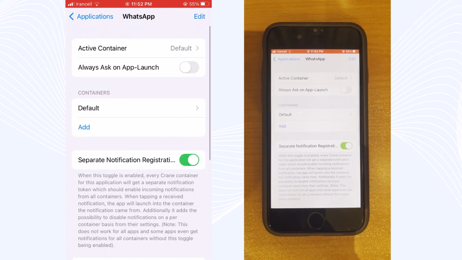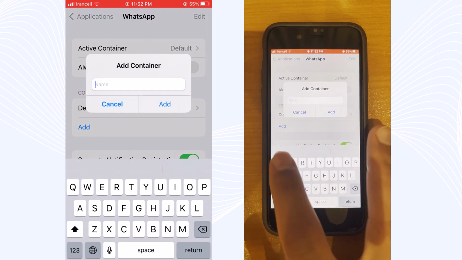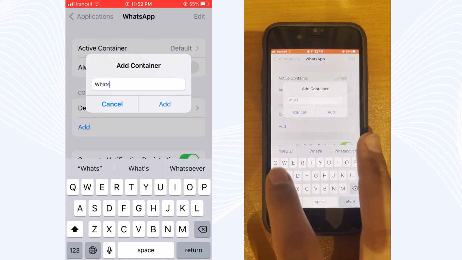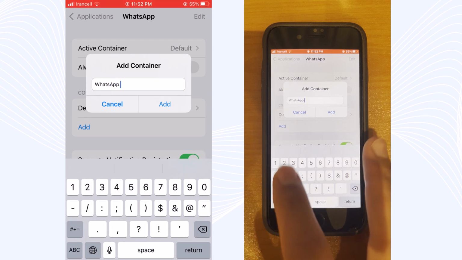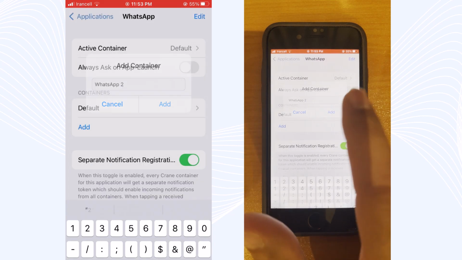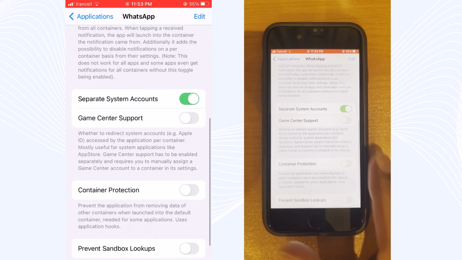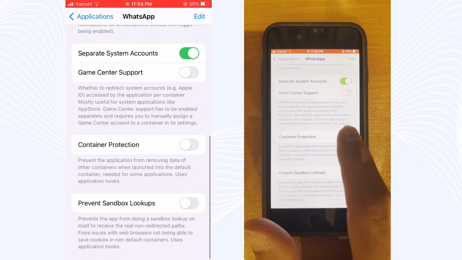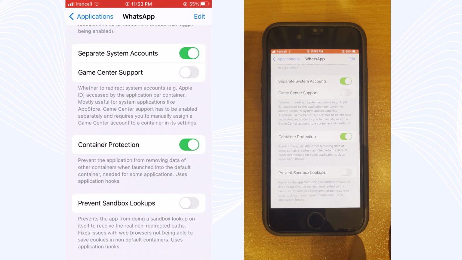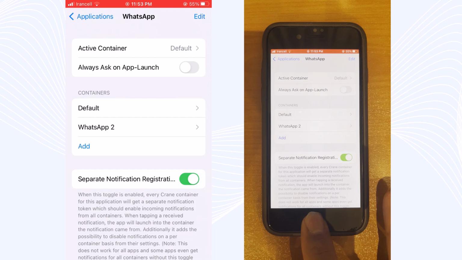Just tap on the app you need to clone, and on the containers tab write your name for your new cloned WhatsApp app. As you can see, for example 2. Just tap on add and set your title here. As you can see, turn it on, and here we are. And go back to the main menu to use it.